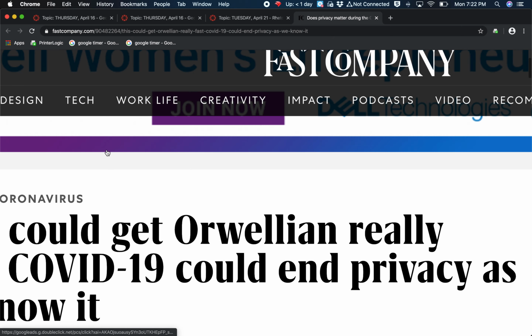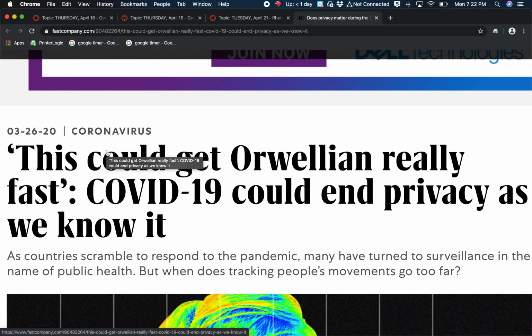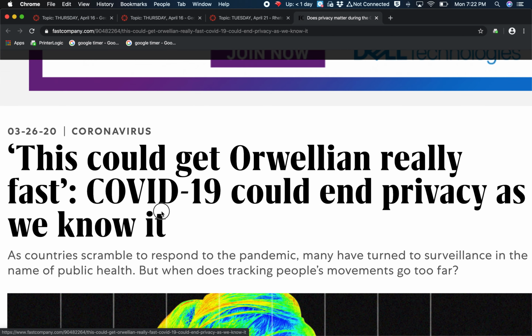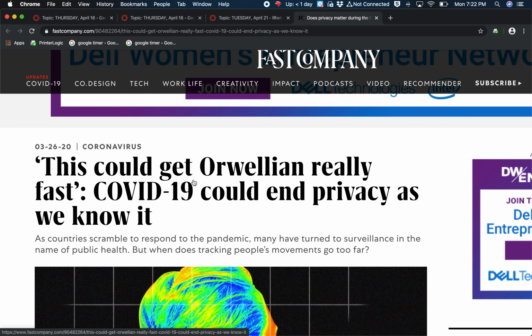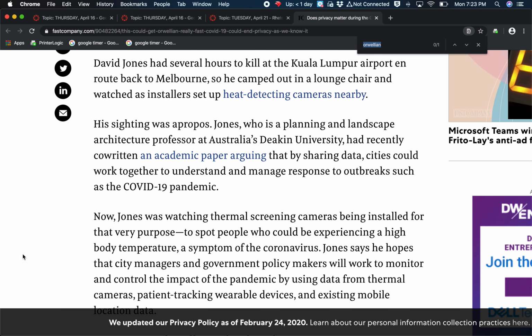As you can see in the title, this person is concerned about privacy: COVID-19 could end privacy as we know it. Oop, can't highlight. Okay, well, there you go. And she quotes someone saying this incident could become Orwellian fast. Somebody said this. The author didn't write that line, but she still used that line to illustrate her larger point. And I'm going to search for